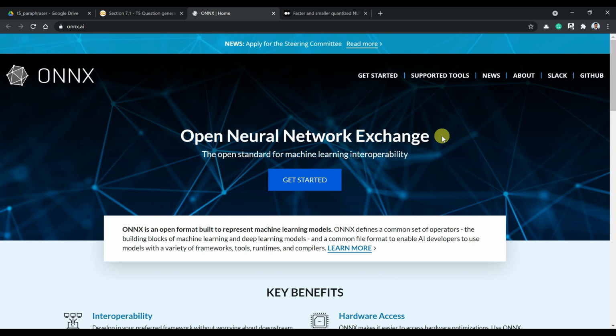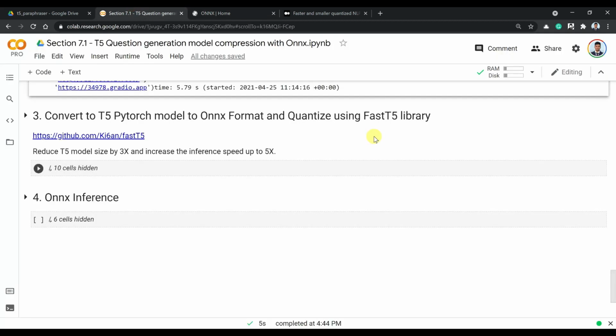So this eases the work: you don't need to constantly convert from PyTorch to TensorFlow or TensorFlow to PyTorch, but rather all of them will be converted to ONNX format and you will work with that.